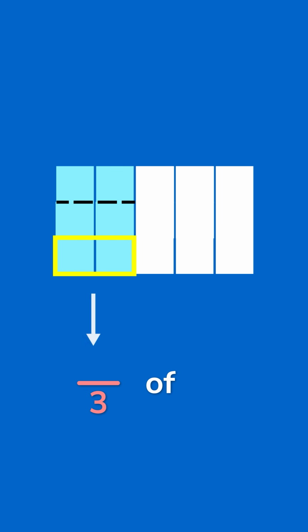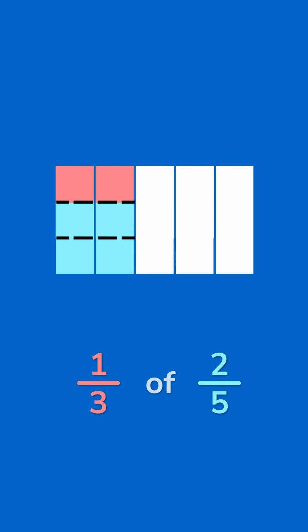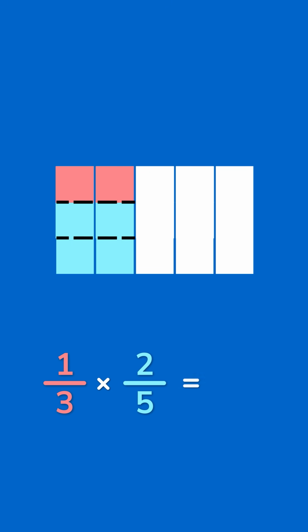Remember the meaning of a fraction. We need to divide that 2/5 into 3 equal parts and take one of them. Finally, let's find the total amount. Remember that both the group size and total amount refer back to the same whole, which in this case is